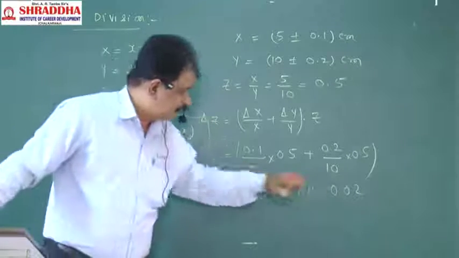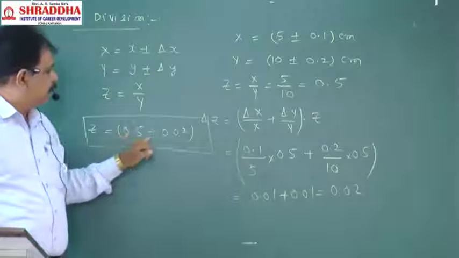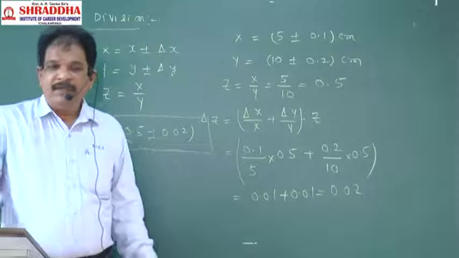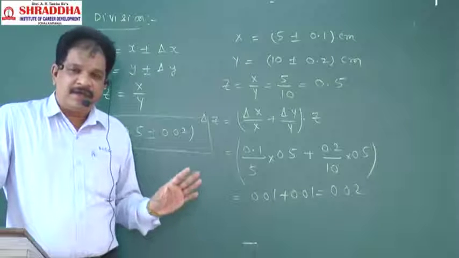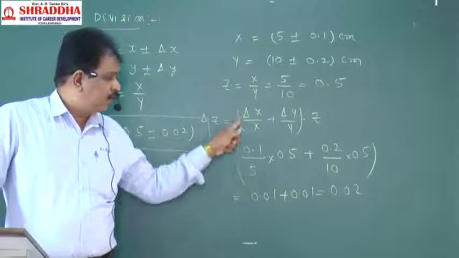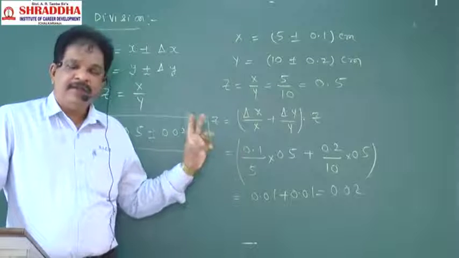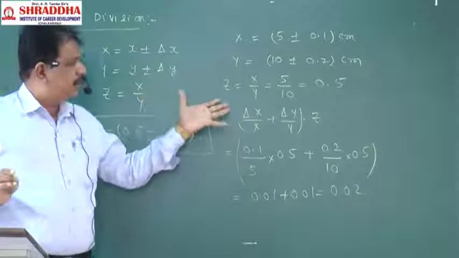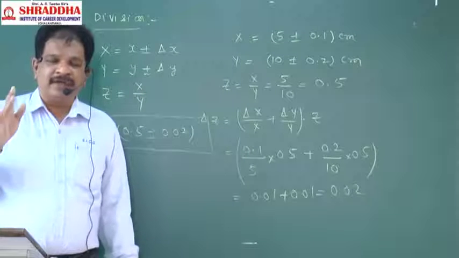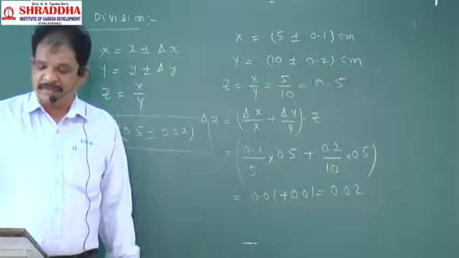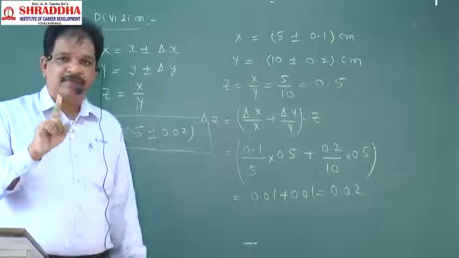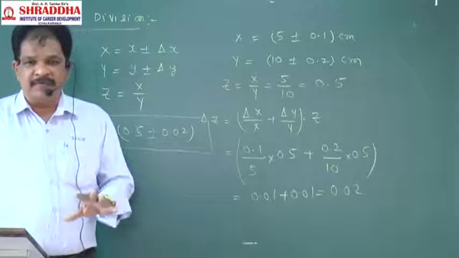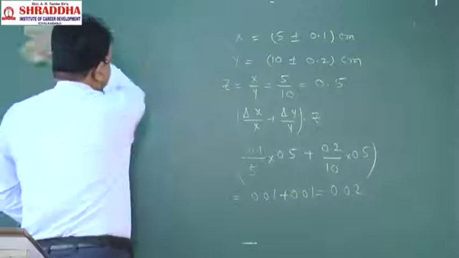Delta Z we got here. Z we got, Z plus or minus delta Z. That is the total value. So in multiplication or division you have to follow this method to find error. In addition or subtraction you have to add the errors. We'll do some more problems in the exercise. Then you can do the problems on these models confidently. Still one lecture will be there to finish the synopsis. Next we will do board problems. Next we will do NEET problems. Like that we will go.